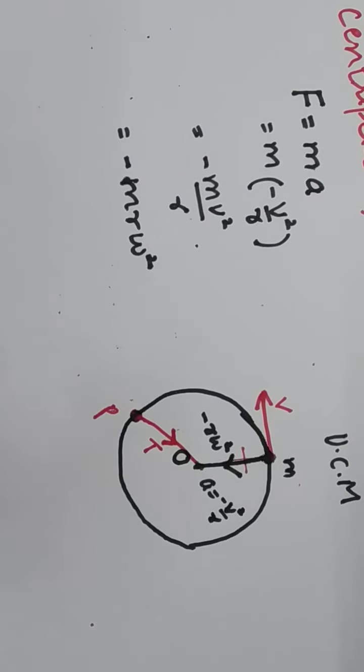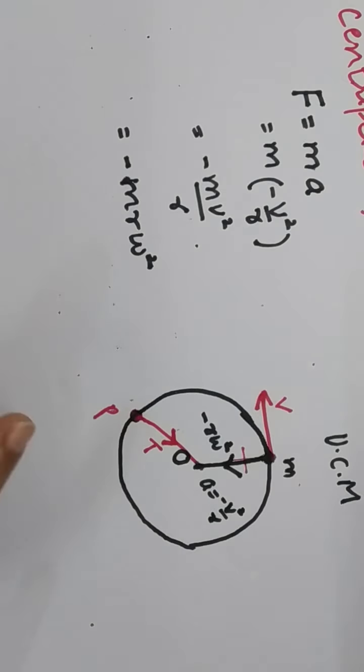Similarly, Earth is revolving around the Sun in a circular orbit. There the necessary centripetal force is given by the gravitational force of attraction between the Sun and Earth. You can have the example of the Moon revolving around the Earth. Here also the necessary centripetal force is provided by the gravitational force of attraction between Earth and Moon. You can take the example of electrons revolving around the nucleus in a circular orbit.